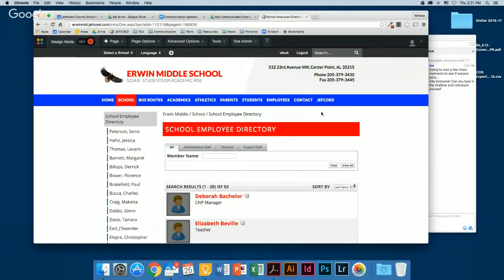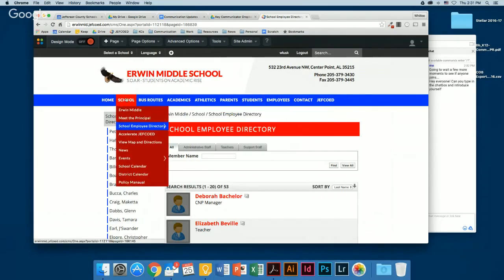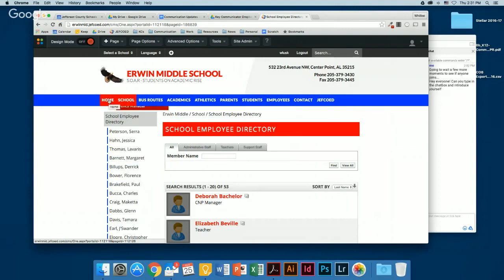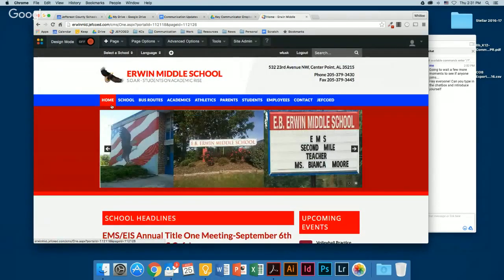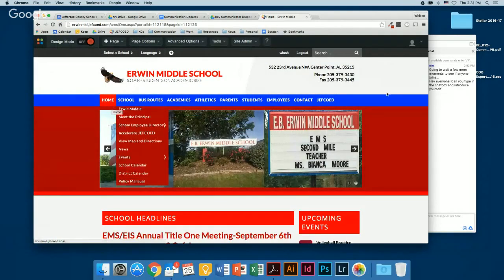So let's see, Irwin Intermediate is, what grade levels? 3 through 5. So I'm going to basically do this for them. If I wanted teachers to be on the main navigation bar, I have to add it under home because home is Roman numeral 1, and I want this to be something underneath.